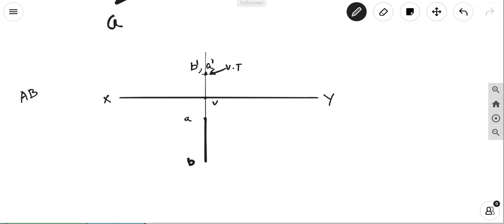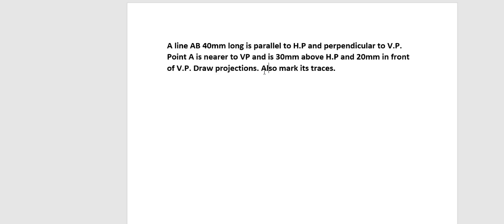I think that we were given two more questions in the last class, in which we are asked to draw the projections of lines which are perpendicular to one plane and parallel to the other plane. Try to draw the traces also in that particular question, okay, and see if you can understand it. Also keep in mind the case in which you are dealing with inclined lines. In the next class we will try to do some problems in the case of drawing traces with respect to inclined lines. Okay. For now,